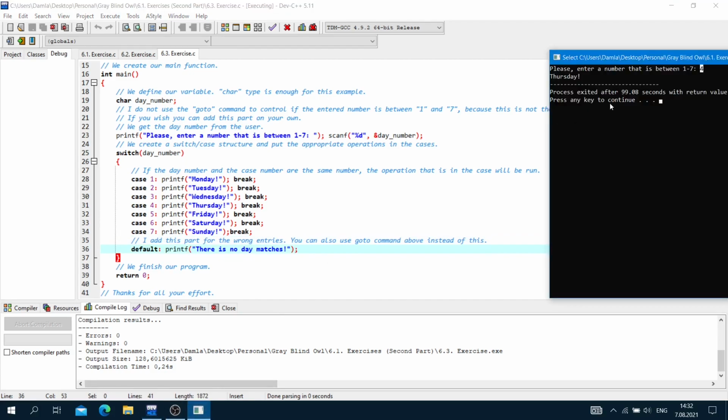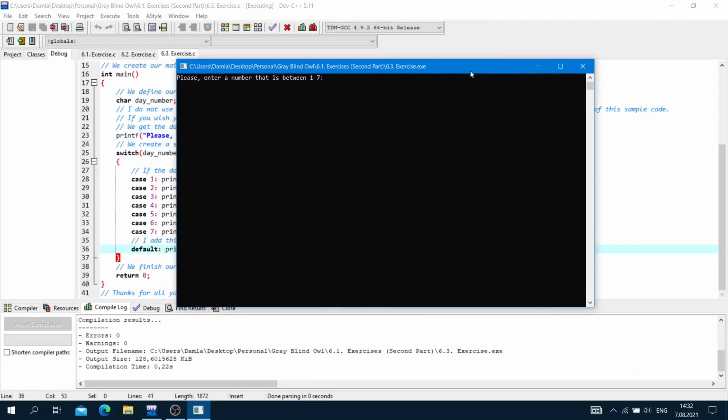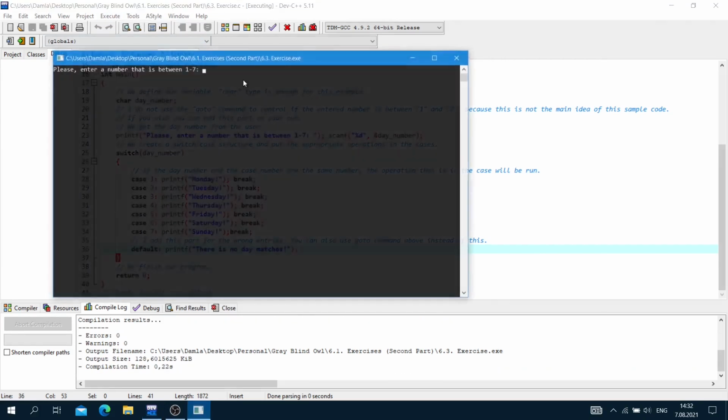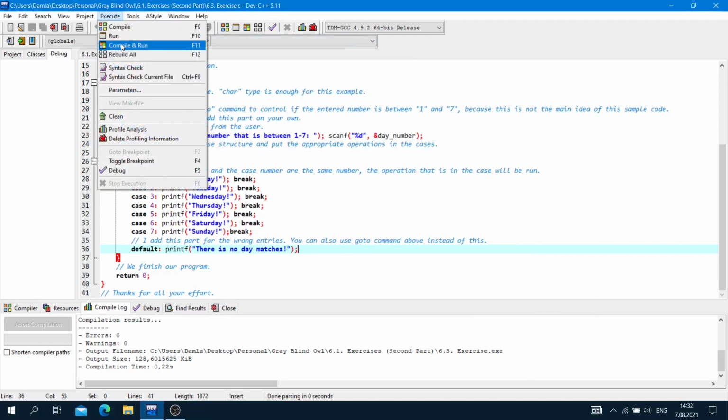For example, if I enter here 0, as you can see, there is no day matches. If I enter here a negative number, as you can see, there is no day matches.